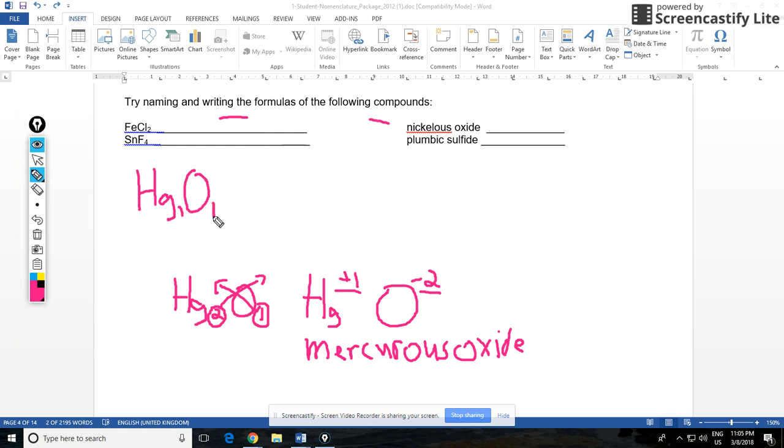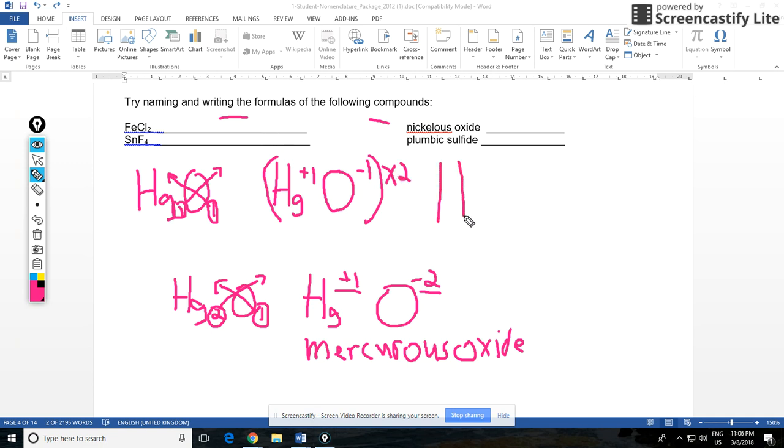Do the reverse crisscross, put the ones there on your subscripts, reverse crisscross it. You'll get Hg +1, plus because it's a metal, O -1. You know that O is not -1, it should be -2, so you multiply everything by 2 since it was divided by 2. And you get Hg +2 O